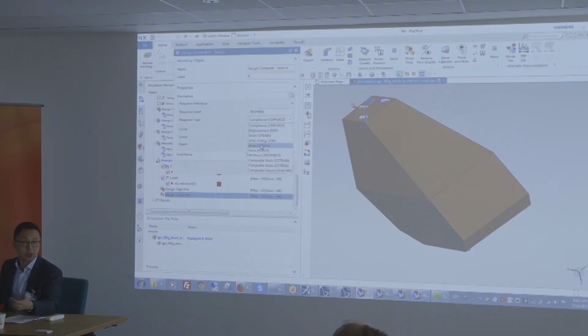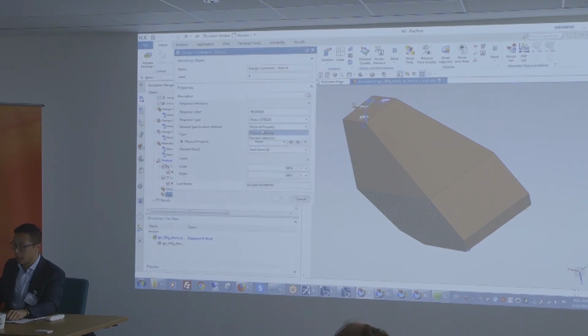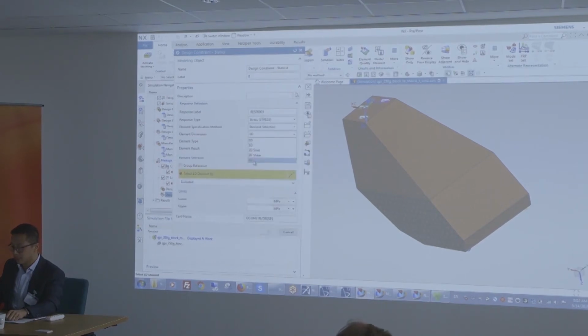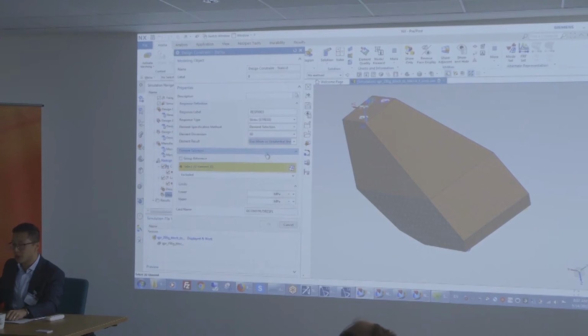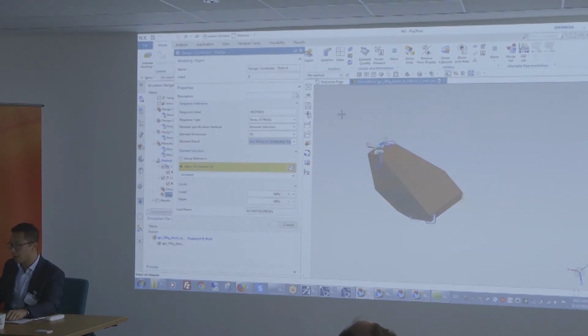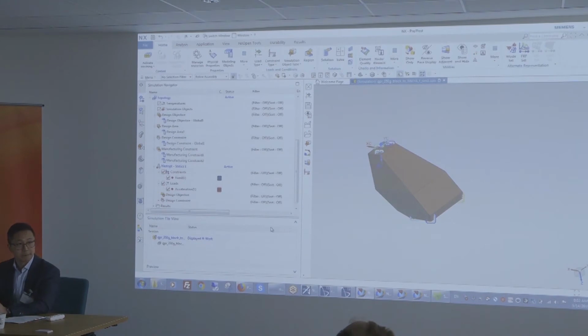Here the constraint is, I don't want any stresses higher than a particular value, either yield or 50% of yield and so on. So what we can do is apply that constraint on von Mises stress for all of the elements. So I'm just going to pick the mesh. So no stresses higher than, in that case, 245 megapascal, which is about 75% of the yield. Okay. So we can apply that constraint.